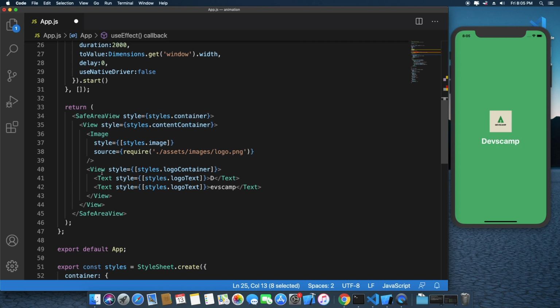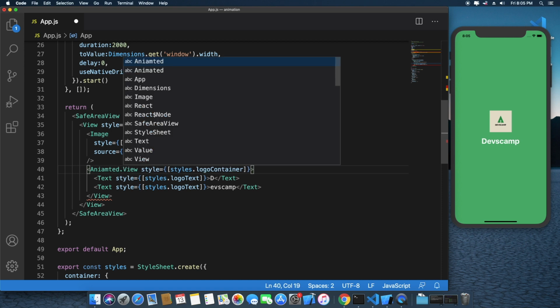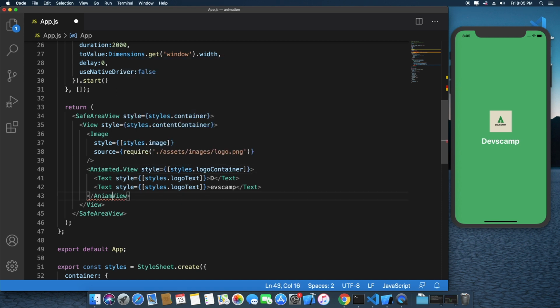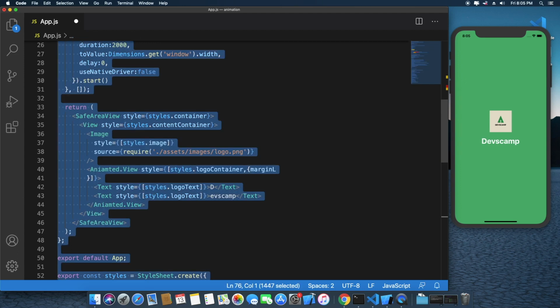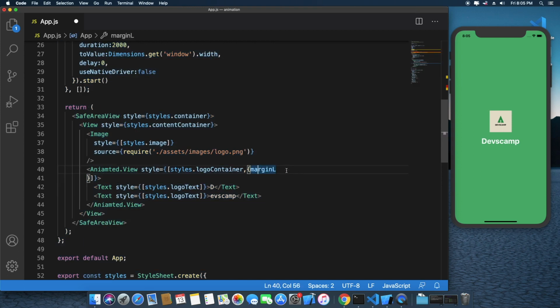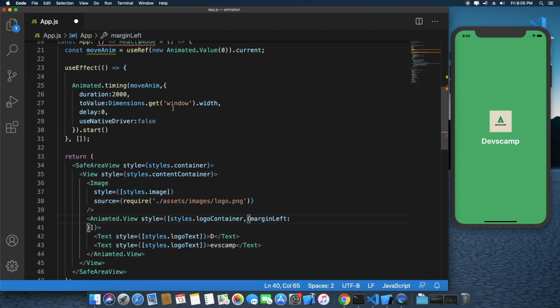Let's bind this animation to this view. So Animated.View, give a marginLeft, moveAnim.